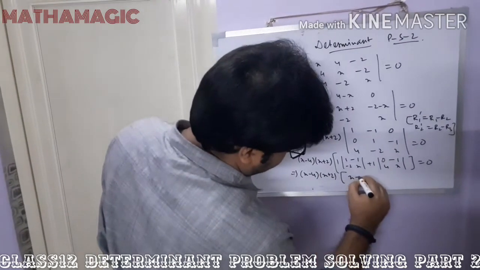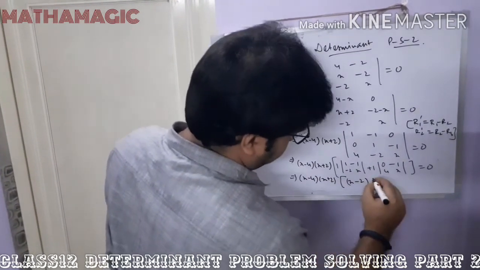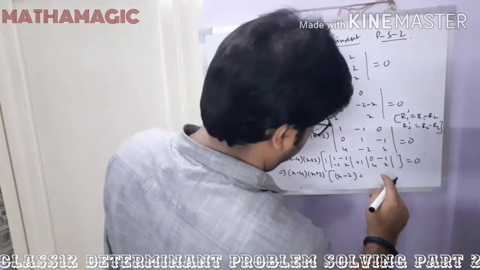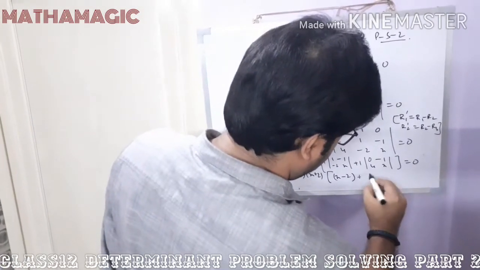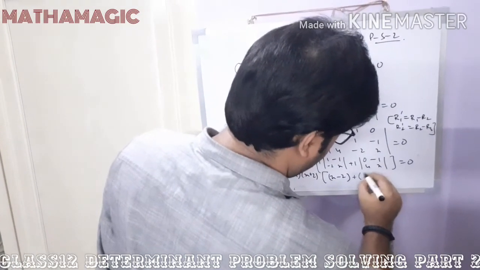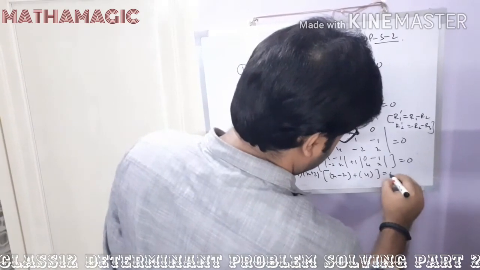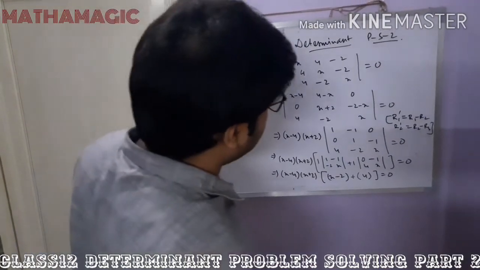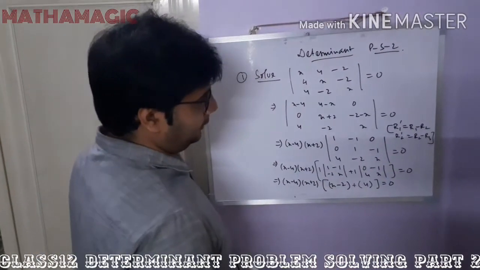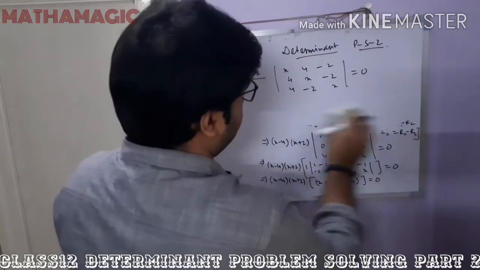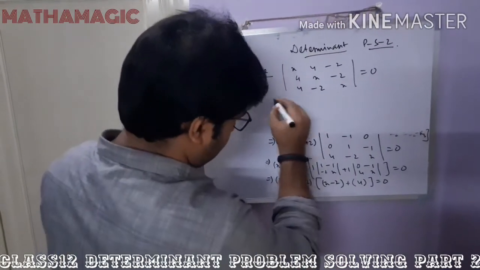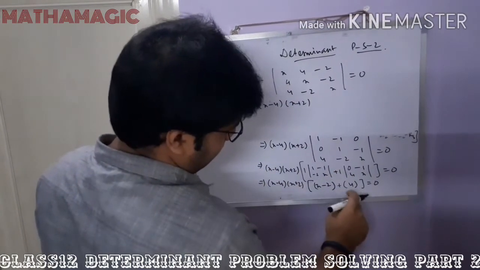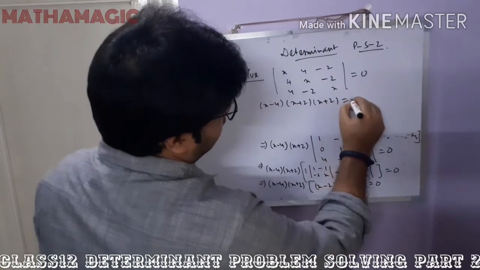Now for further calculation we have to do it like this. It will be x minus 2, x minus 2, plus 0 minus of minus plus 4. So it will be like this only. I will remove the first line. Please note it down if needed. So if we do the calculation, it will become x minus 4, x plus 2, and again x plus 2, equals 0.